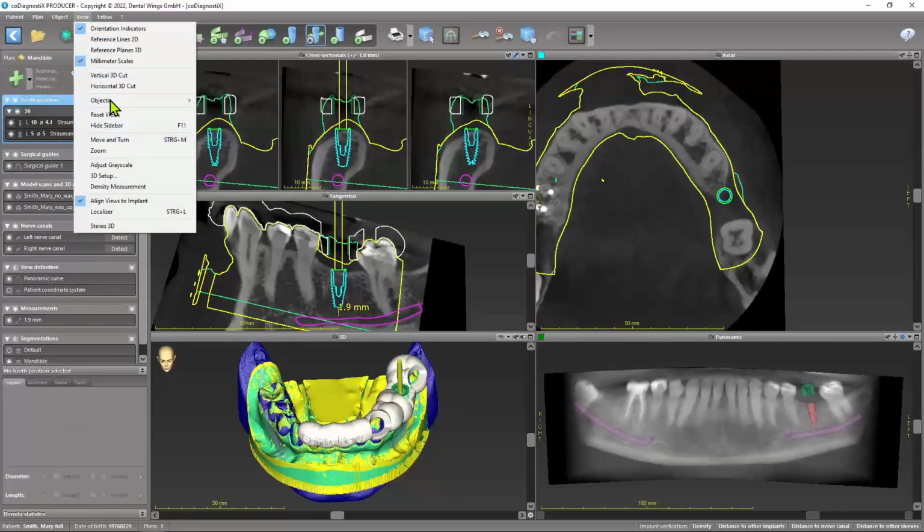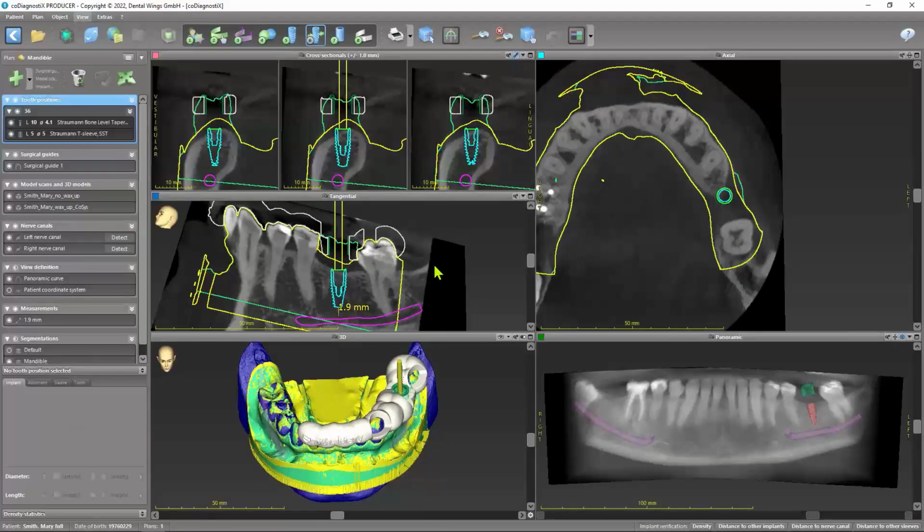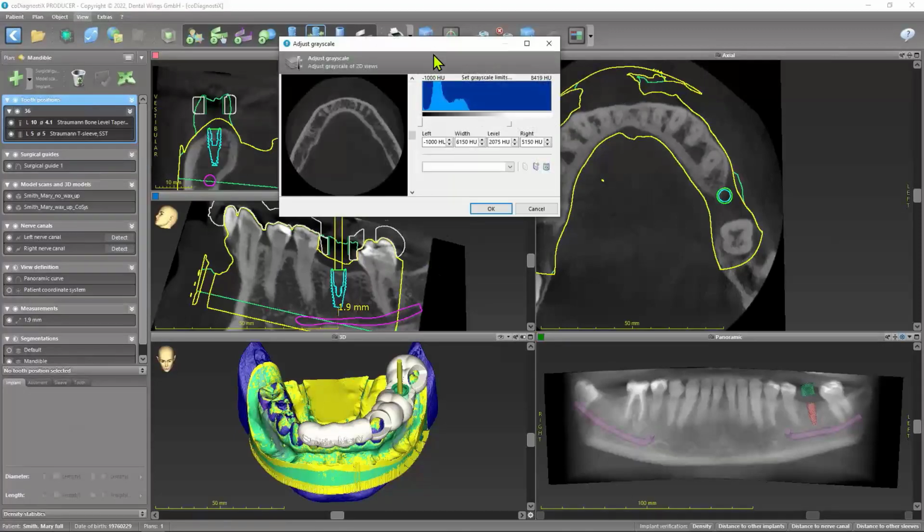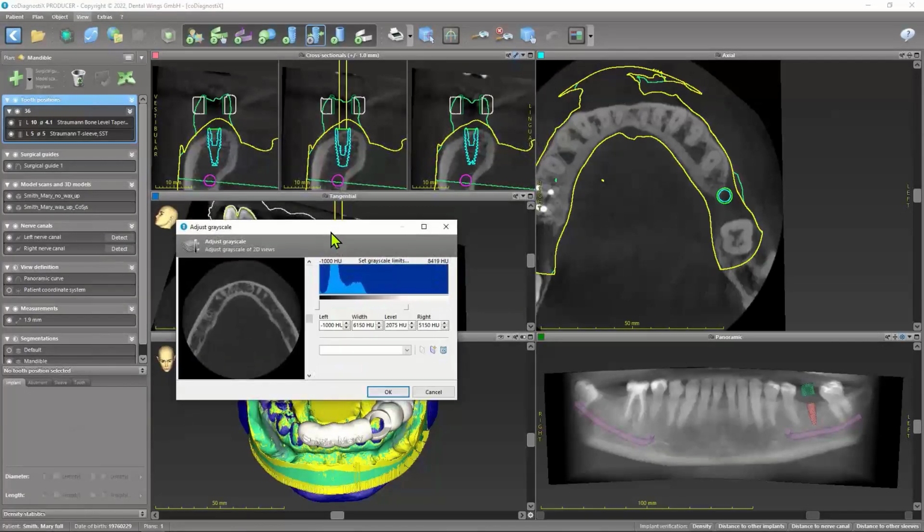Go on. And here what we have, reset views. Everything what you see on the top is hidden here. Here we have an important button. So adjust grayscale. This is something, if you import the DICOM data and say, oh, it's not the